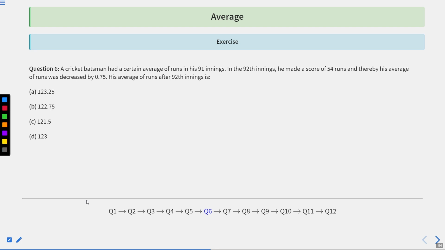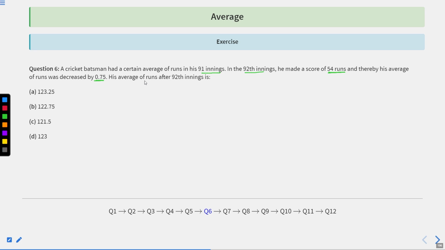Let us move ahead to question number 6. A cricket batsman had a certain average of runs in his 91 innings. Okay, so we have not been given the exact average here, but there is some certain average. But we know how many innings, that is 91 innings. So in the 92nd inning, he made a score of 54 runs, and thereby his average runs decreased by